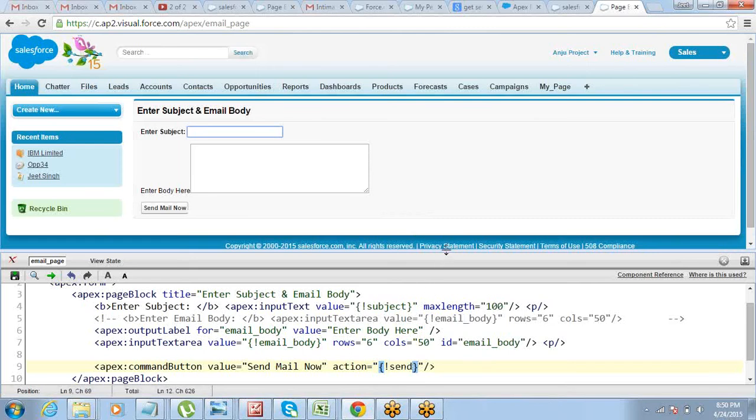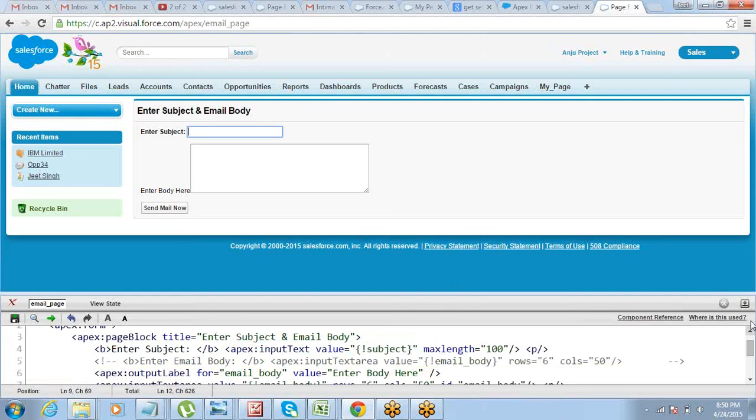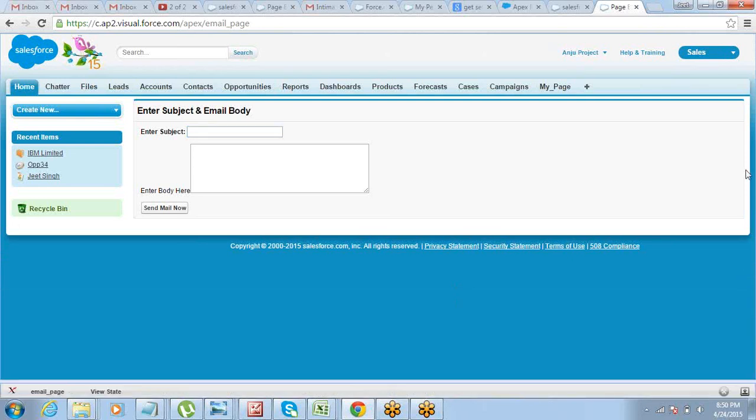So we are done with the markup as well. Now all that we have to do is enter a subject line here, enter an email body here, and click on this button.